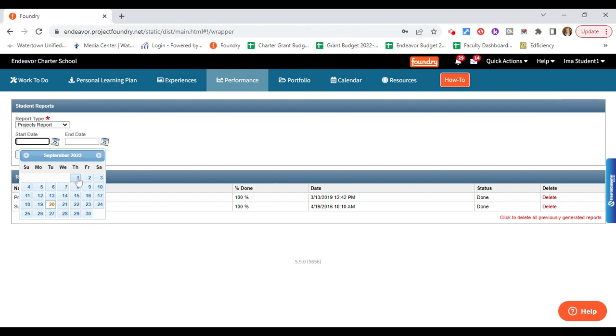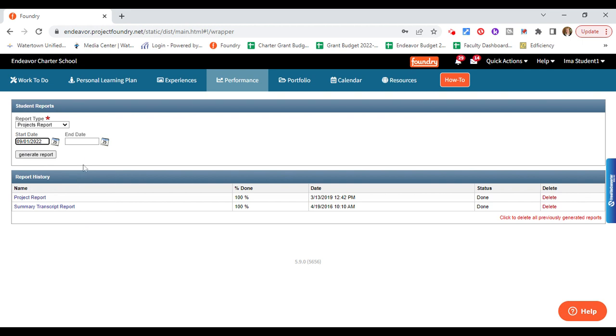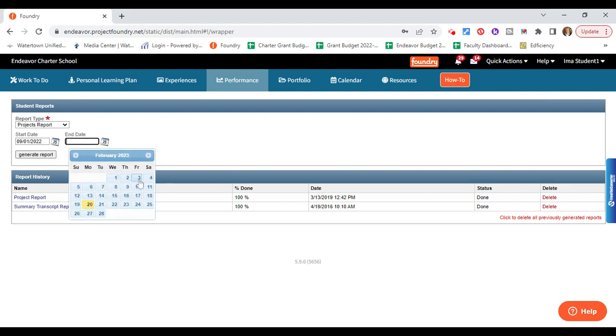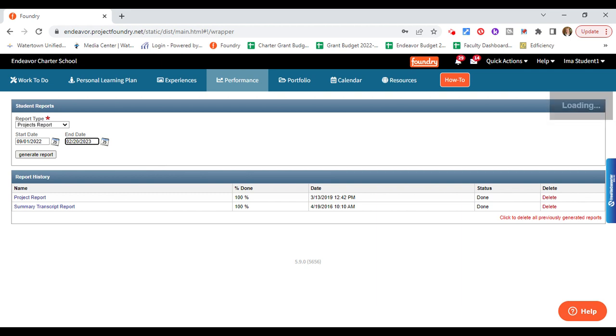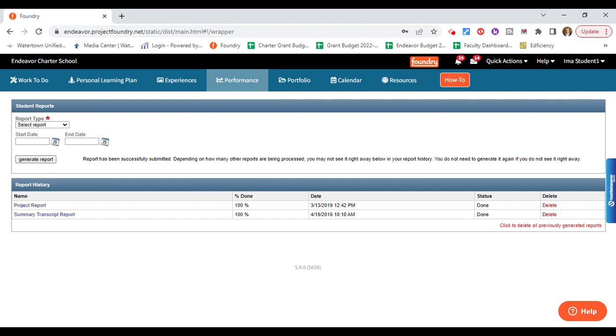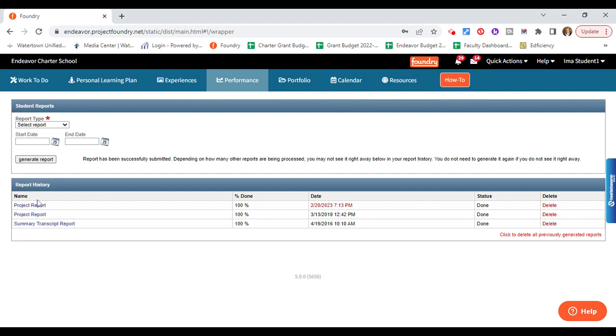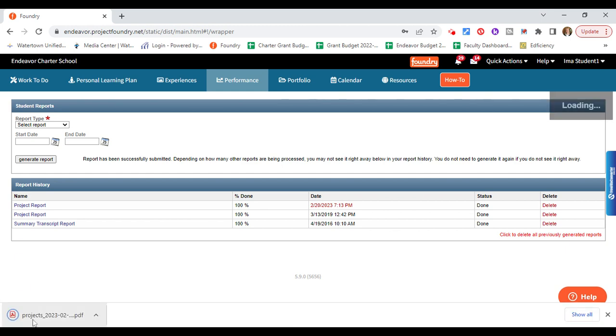So let's say we pick the first day of school until today. Now, this will give me the opportunity to see all the projects and their status from the first day of school this year. You can also do it by the first day of a trimester to see your student in good standing status. So we'll go ahead and click Generate Report, and then that report is going to show up here in your report history. You click on it,